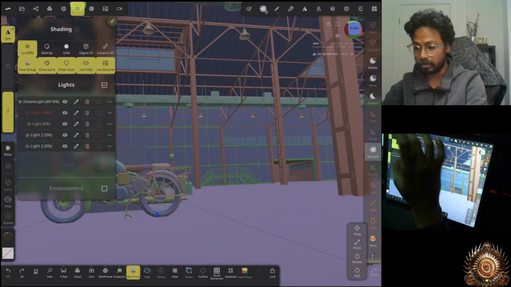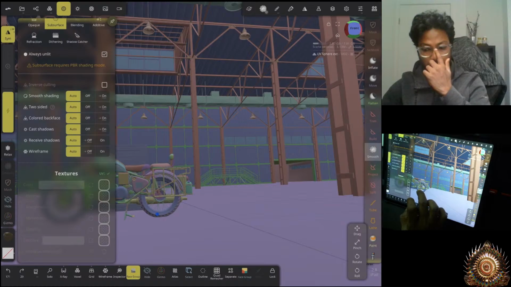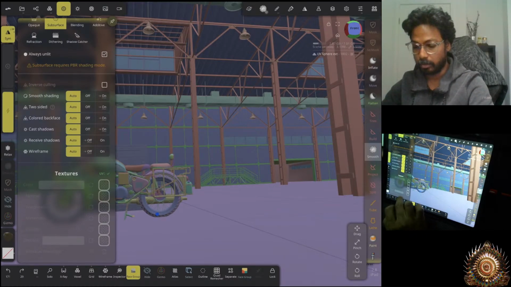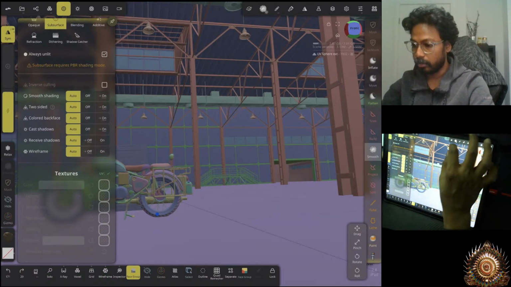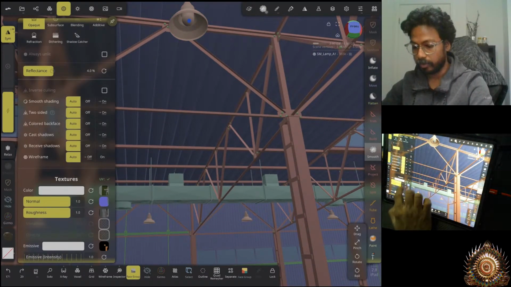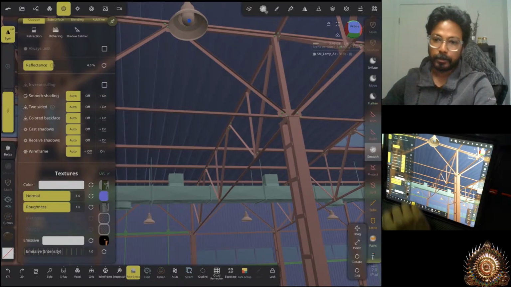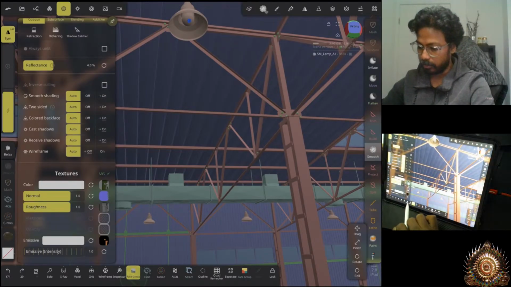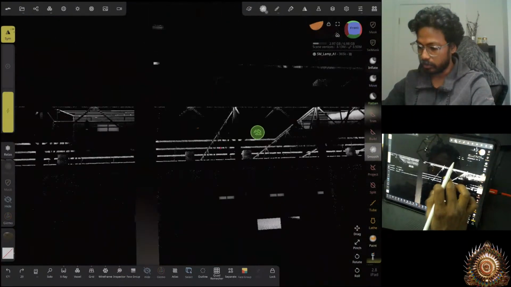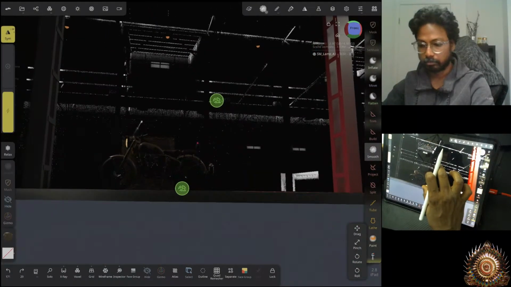Even in some cases, you'll have to consider the emissive tab as well. You'll have to fill it. For example, in this case, for the bulb, you'll have to find the emissive tab and fill it there. But overall, I found the environment on the NVIDIA website